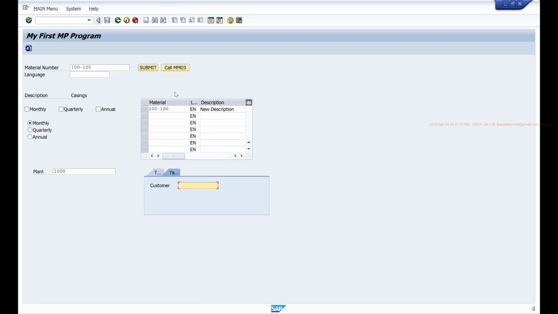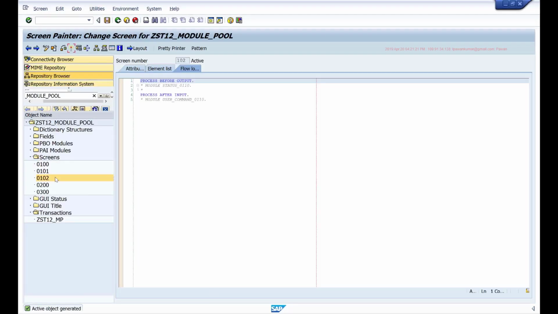It's just that if you are defining some screen elements in the main screen, you handle it in the main screen's PAI and PBO. Similarly, if you are defining something in a subscreen, then you can handle it in the PAI and PBO modules of that screen. All these screens share the same data objects that you define in the main program.